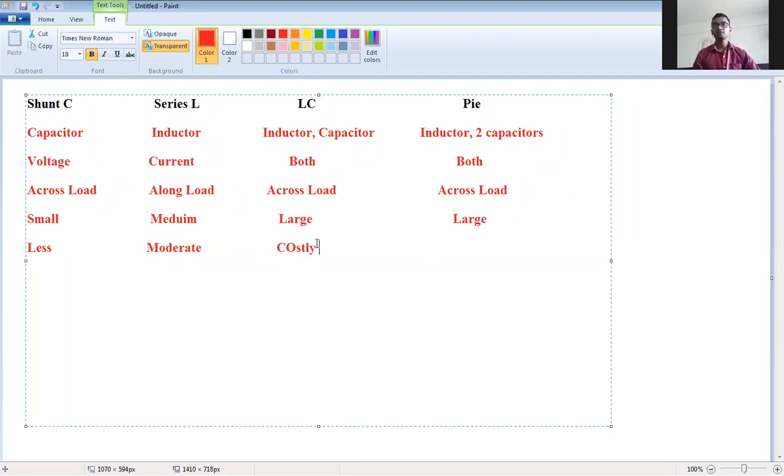Costly. This is also costly. So these are the differences between the filters.